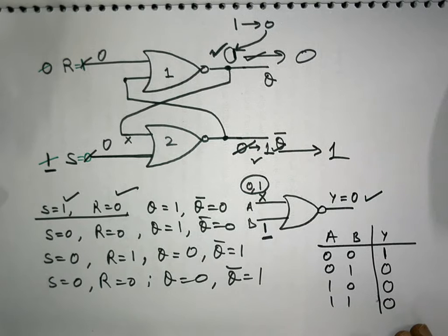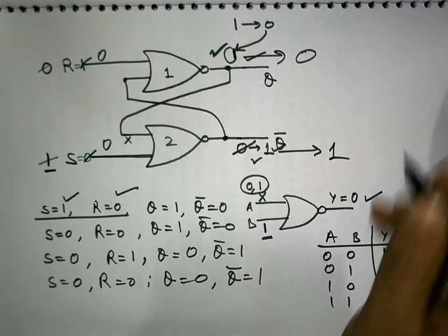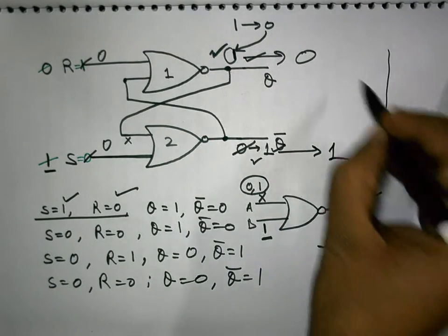So output is not changing even after input has been withdrawn. Okay, so this is acting like a real latch. It is forming a 1-bit memory. So which input have we applied at S and R?